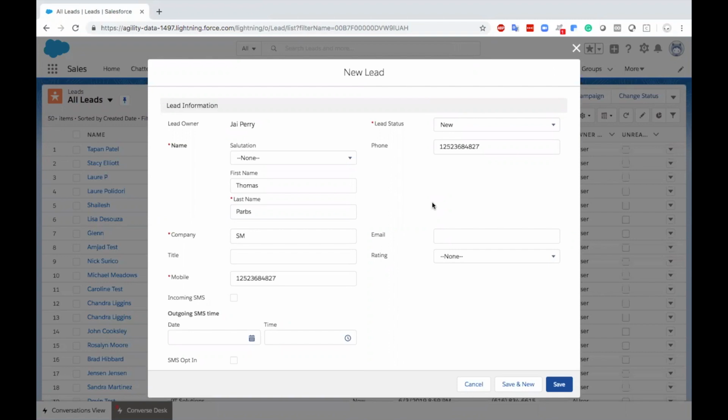Before I jump into the demo, I would like to talk about SMS Magic. We are a natively built application on the Salesforce platform. We work with all the standard and custom objects in Salesforce, be it leads, accounts, contacts, or cases. We would be able to send out text messages from any of these objects. Along with that, we are also compatible with both versions of Salesforce, that is Classic as well as Lightning.